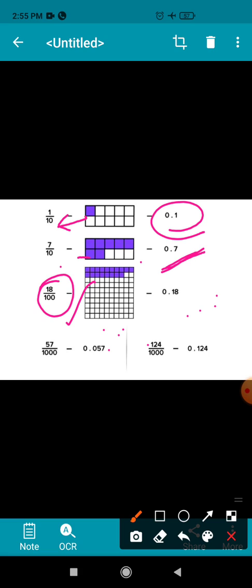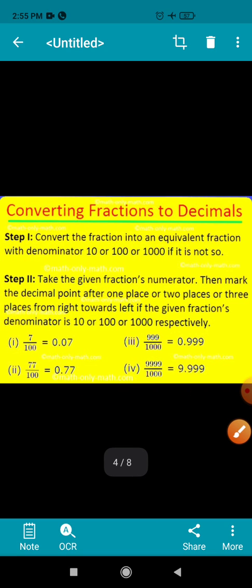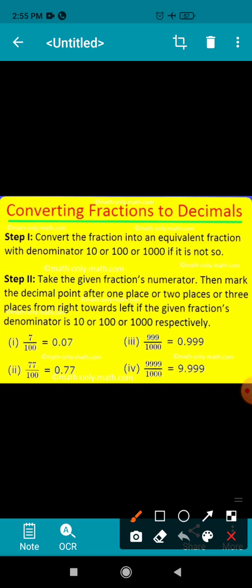Beside that, we will learn how can we read decimal numbers and write them in figure. So first of all, let us know how can you convert fraction in decimal. Children, to convert fraction in decimal,